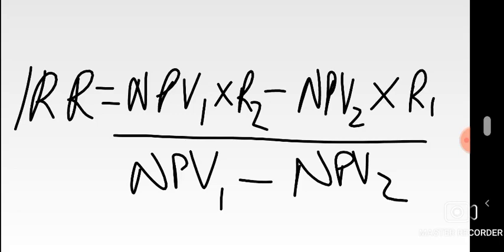Then just substitute. NPV1, we found it. I even labeled it in the earlier screen I shared. Although I didn't label NPV2, just know that NPV1 is the result of the first rate that you try, and NPV2 is the result of the second rate that you try, which was 17. Let's substitute. Remember the formula, copy it down, because I want to erase this on the screen and start substituting. Our NPV1 was